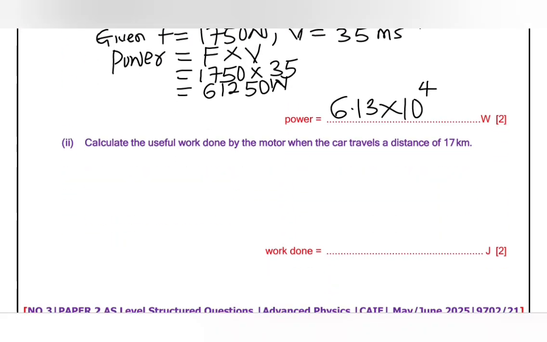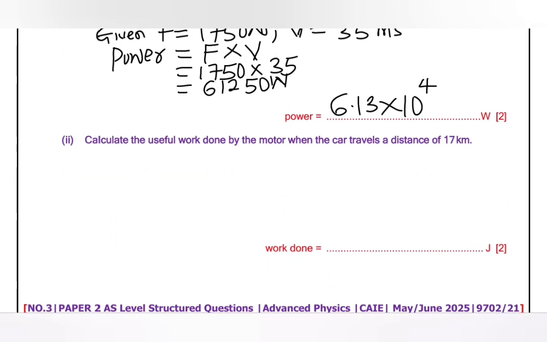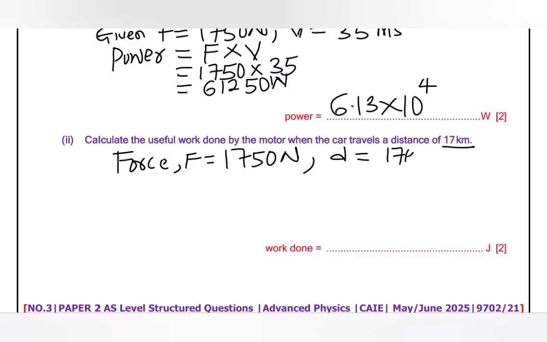Now we move to B2. Calculate the useful work done by the motor when the car travels a distance of 17 kilometers. Now we know that force F equals 1,750 newtons, and we have distance 17 kilometers. We need to convert this to meters. We know that 1 kilometer is 1,000 meters, so 17 kilometers will be equal to